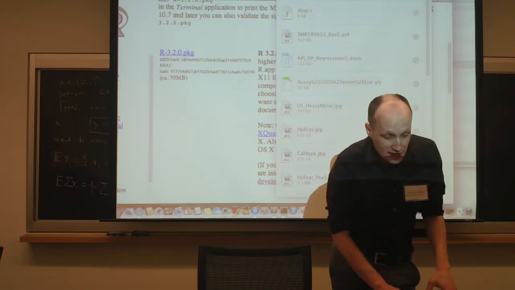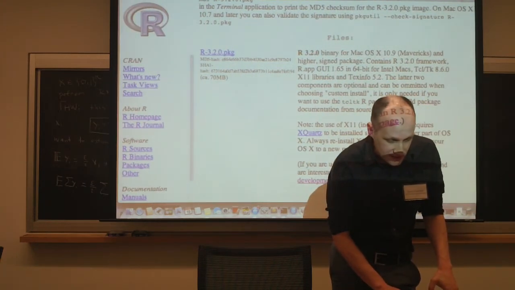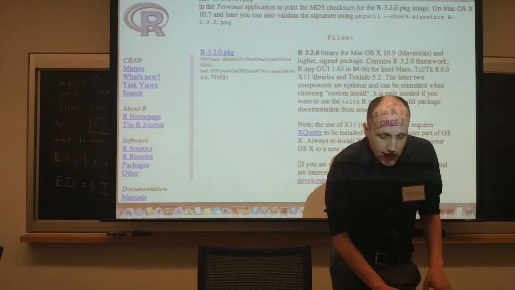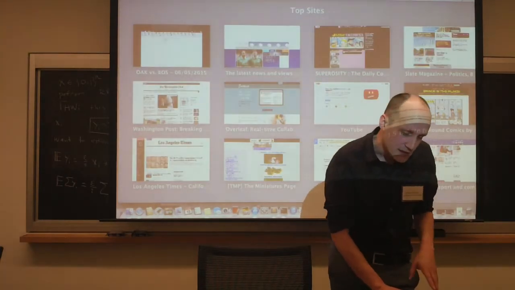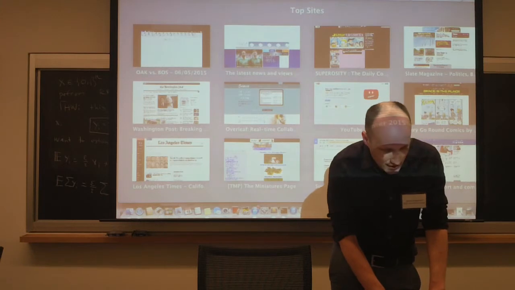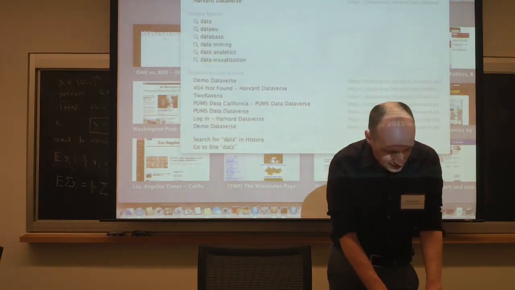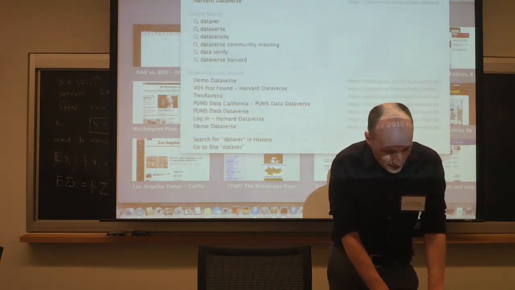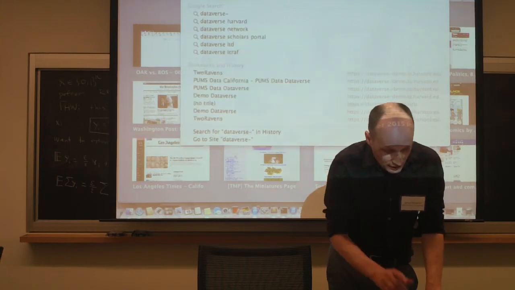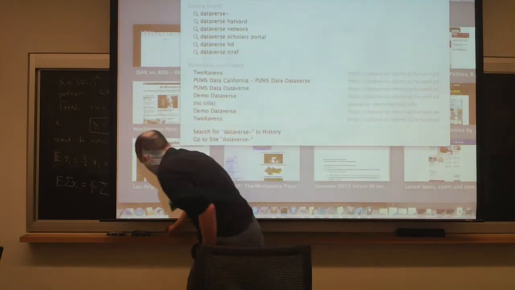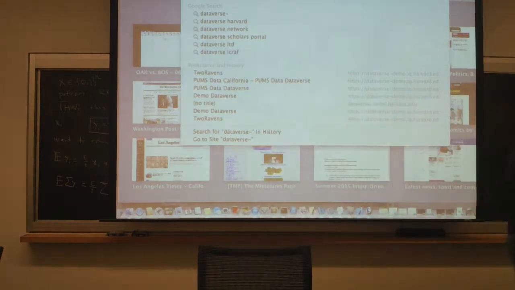Okay, so the next thing we're going to need, while we're at it, we'll see how much faster this is, is some code for today, and this is really not what Dataverse is about, but when you have a hammer, everything looks like a teapot or whatever. There's two files for us to play around with today. We'll get to one certainly, and maybe the second one. And I've stuck them on our own little Dataverse. So it's a useful time for us to use this Dataverse we've been talking about all of yesterday.